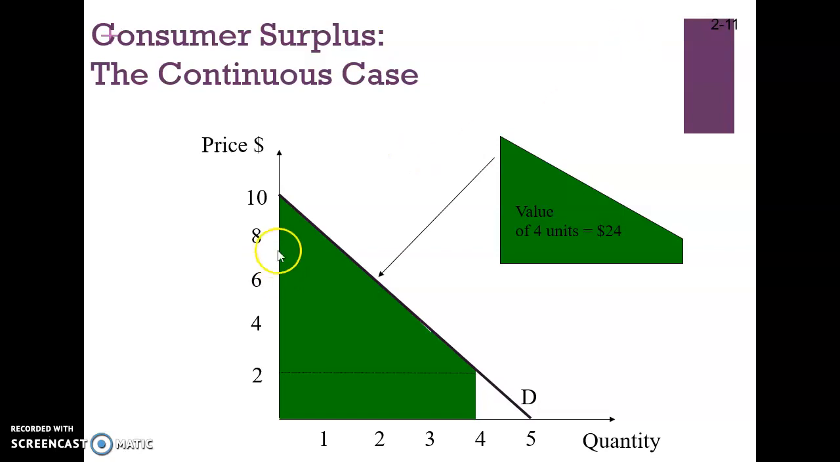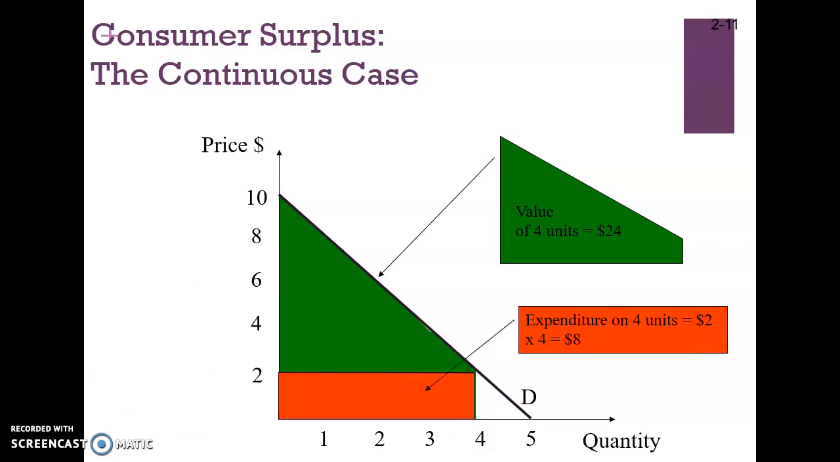Now the consumer surplus is the area below the demand curve and above the price. So this whole triangle represents the value of the consumer surplus, and the formula of the triangle is equal to half into length into base. Now, half into length, what do you mean by the length? This is the difference between 10 and 2, and base is the difference between 0 and 4. It means half into 8 into 4, and the value of the consumer surplus will be equal to